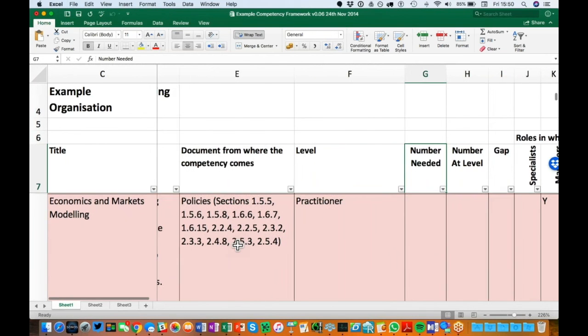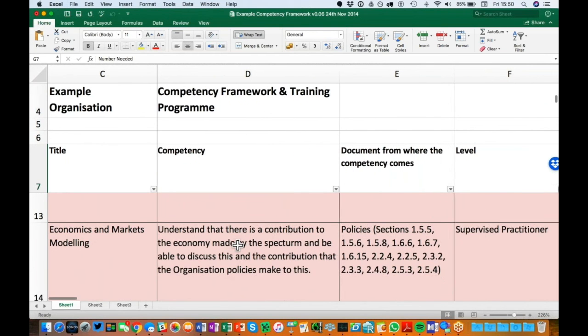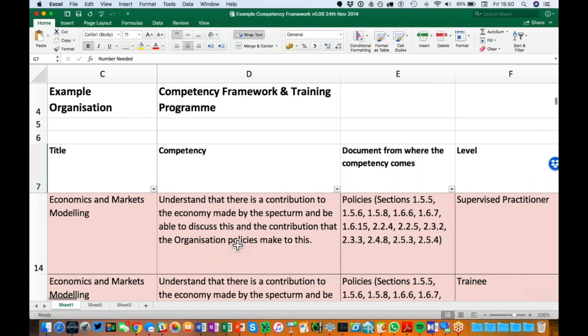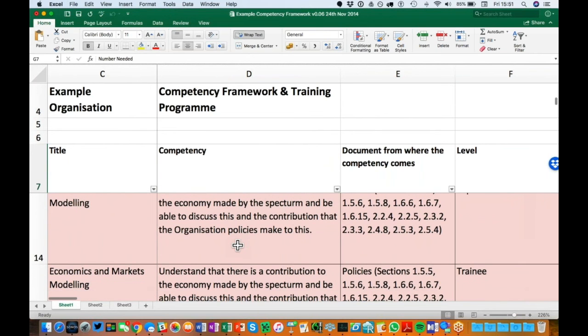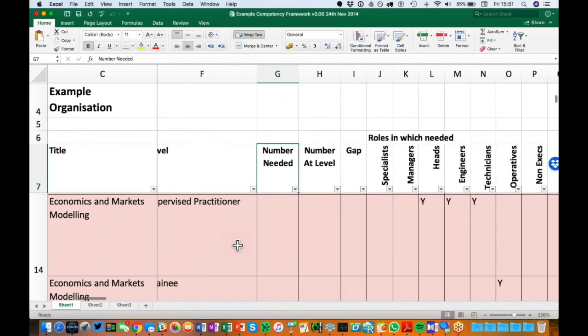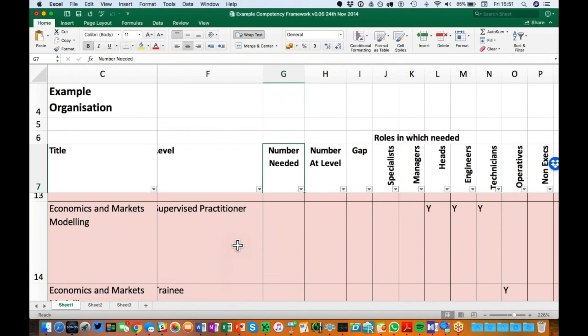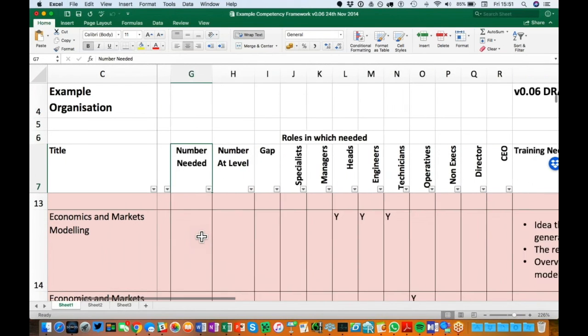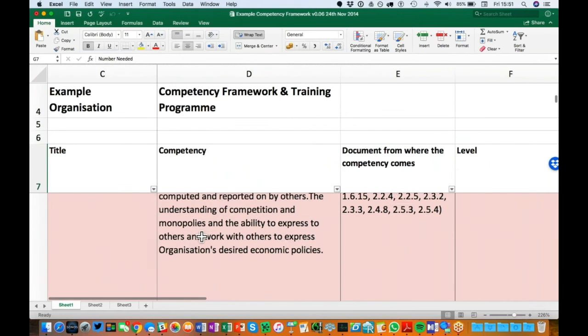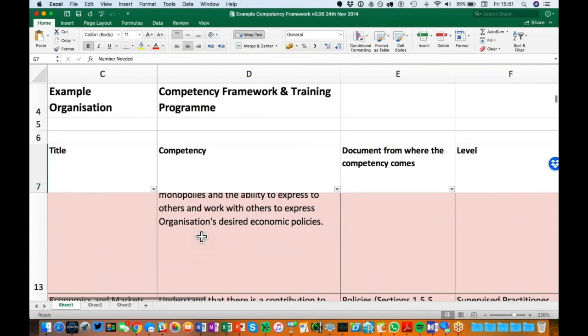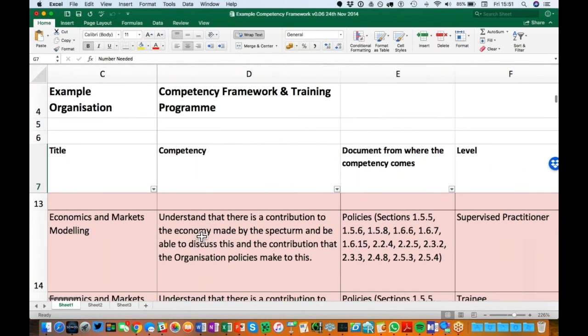And if I then go down another level, same again, understand that there is a contribution to the economy made by the spectrum and be able to discuss it and the contribution that the organization and policies make to this. And we're saying that this level here is now the supervised practitioner, and now we need the heads of departments, the engineers and the technicians, all to be competent in that. And so we can go on. We can look at the various different competencies. We can look at the various different sources of those competencies, who is required to have the competency,